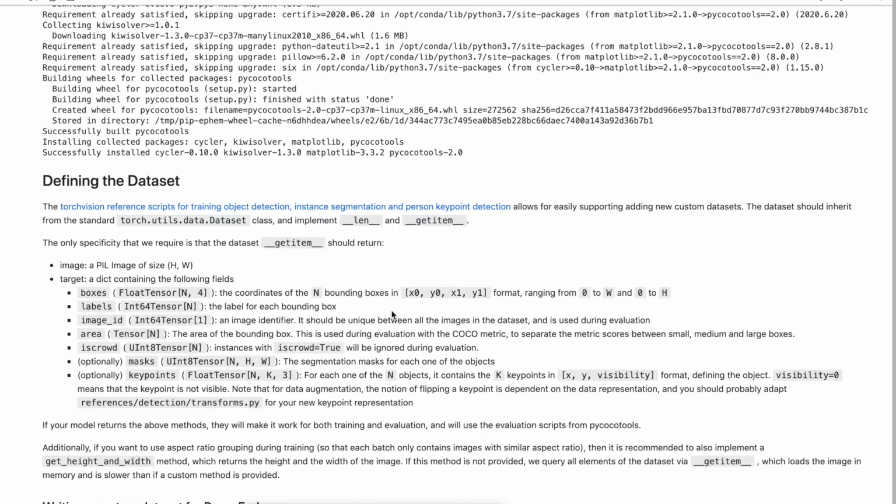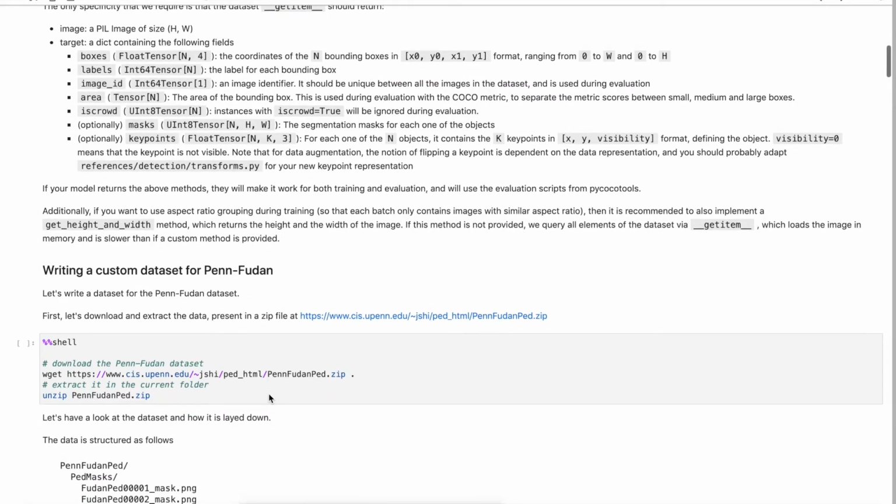Object detection needs the bounding box and label, meaning whether the object belongs to person or background, plus the image ID, the image area, whether there are multiple instances in a particular image, which is called iscrowd, and then the mask and keypoints. We have to collect all that information for every image, so for that we create a custom dataset.